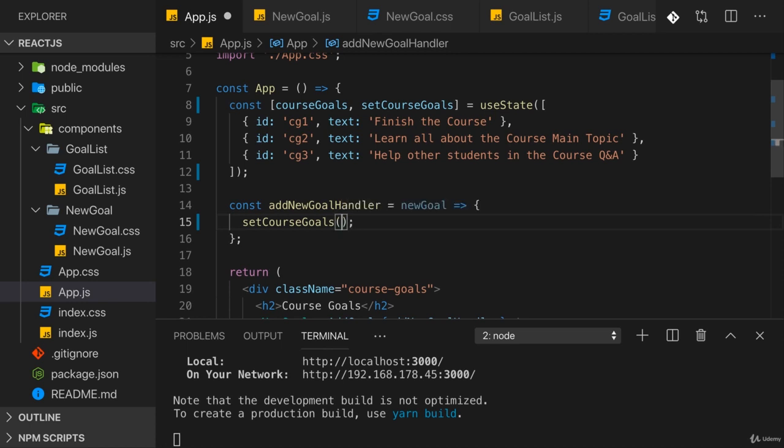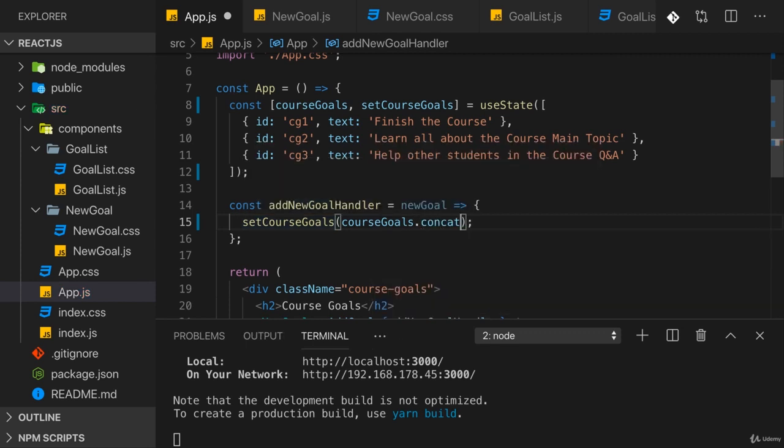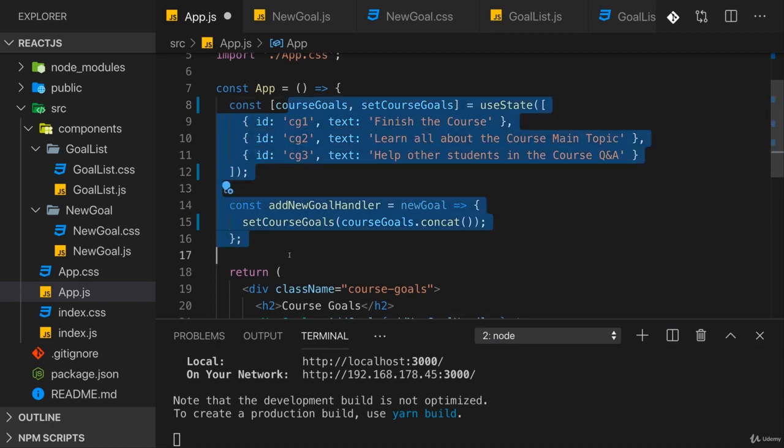Now, a simple form of doing that is to simply then use my old course goals and call concat here. Not push, because push modifies the existing item. Instead, set course goals wants a brand new array, which will replace the old array. And concat will also add an item to an array, but it will return a new array to which this item was added. So it gives us a brand new array, doesn't touch the old one, and we then pass the brand new array to set course goals, and React will then use that brand new array to, under the hood, replace the old array in its internally managed state, and it will re-render this component once it did